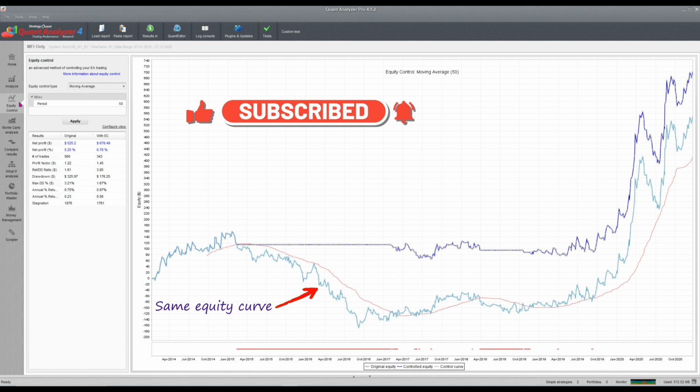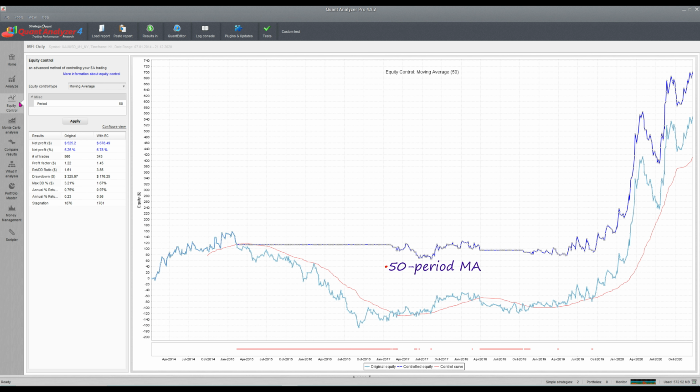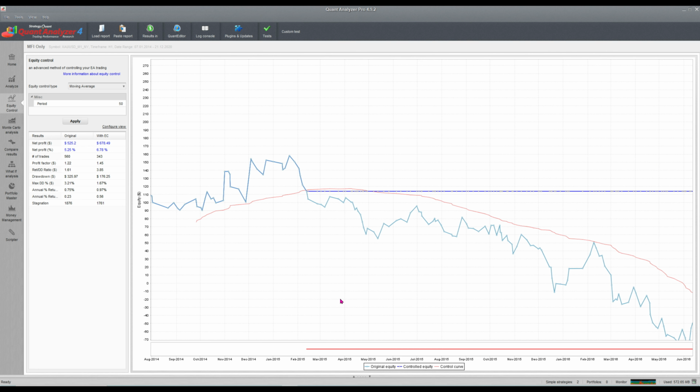The light blue line is the original equity curve as shown previously. For some objectivity, a moving average of the equity curve is most commonly used to establish a performance benchmark. Every point on the curve is a new trade, and the equity level at that point is the account balance